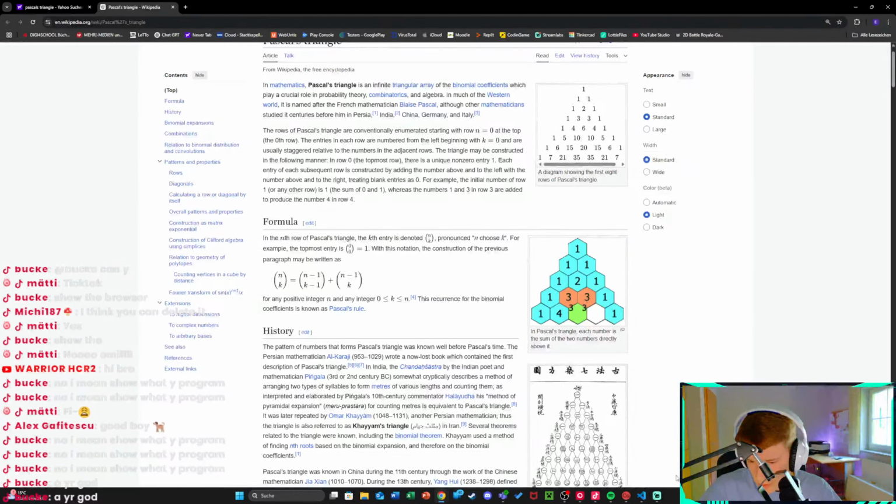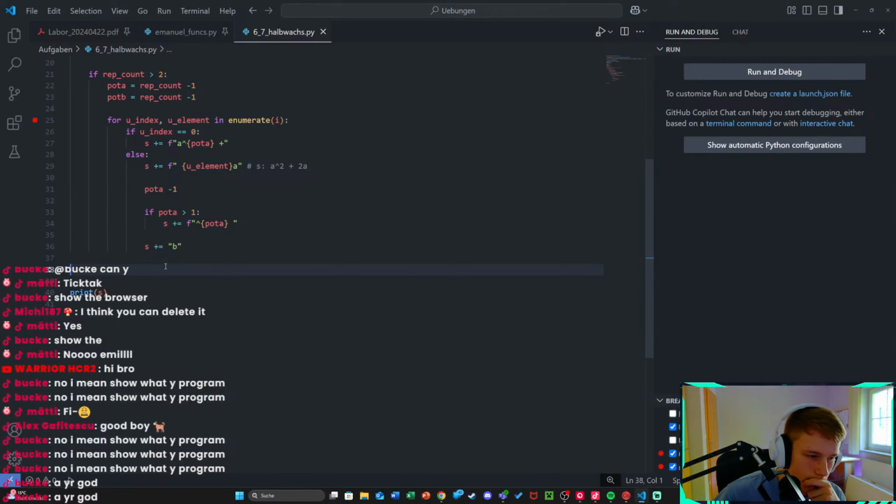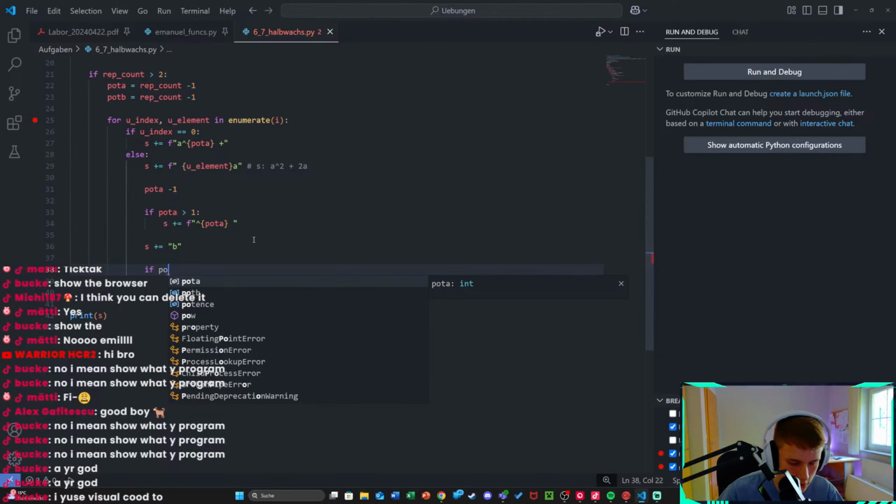So, wait, Visual Studio. So at B, after B is added, we need to look if the potence is bigger than 1. So if our potence,